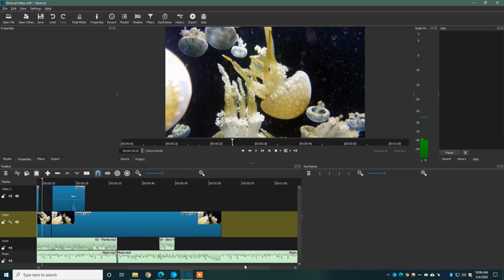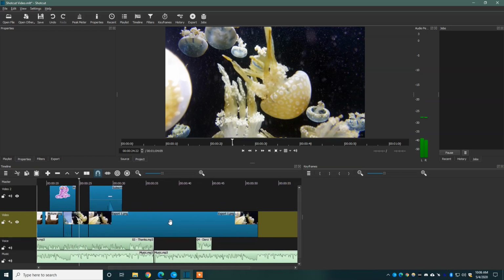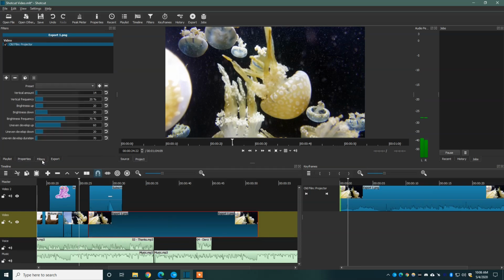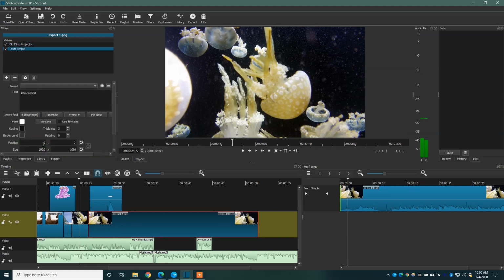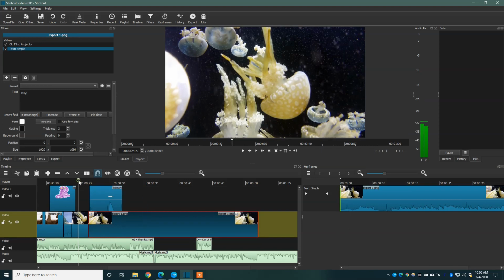Maybe we should look at adding some text. Let's choose this picture of the jellyfish. We'll go to Filters, and we'll go to Text Simple. Now, down here in the text, let's type in jelly. And then when we hit play,